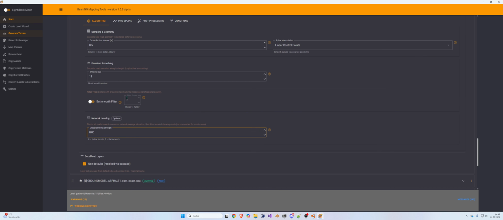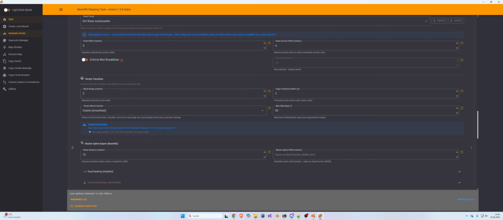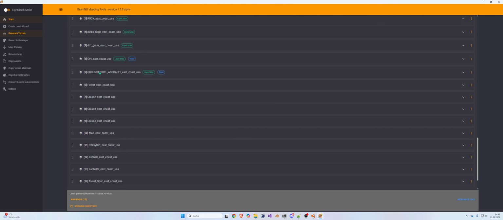So what I do for dirt tracks is this 51 setting we saw, 0.5, because it's still a bit bumpy then. Yes, the road is more bumpy, and I don't use this Butterworth filter, which smooths the road surface even more. And for normal roads, I take higher values. So they're really smooth long